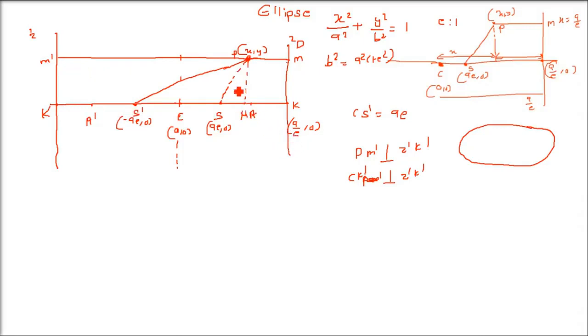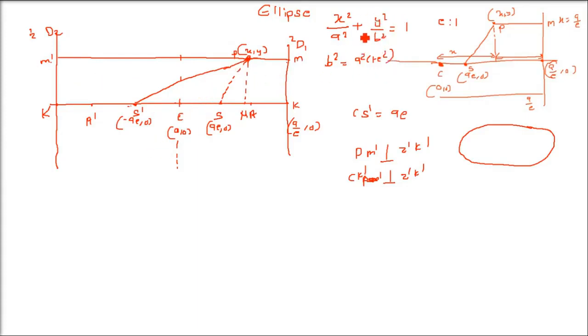So how can we find this distance? If we can prove that the ratio of the distance of this point P from S dash and the distance of P from this M dash is equal to e:1, then we can say easily that there is one more focus and one more directrix, right? By the definition we can easily say that if it happens for one, it can happen for the other also, because the only thing is the point has to have a distance from a focus, a distance from the line, and the ratio should be equal to e:1. That is what the whole story is all about.